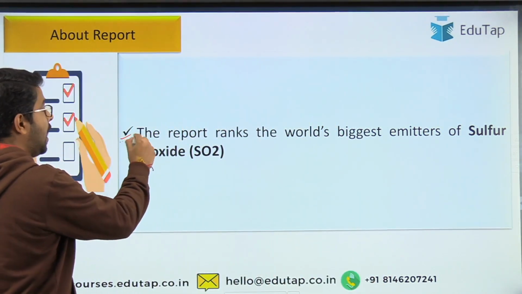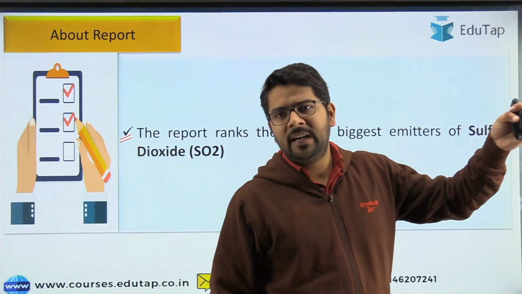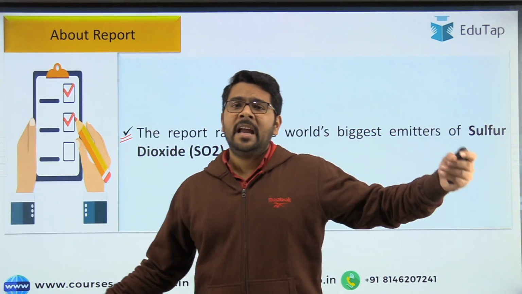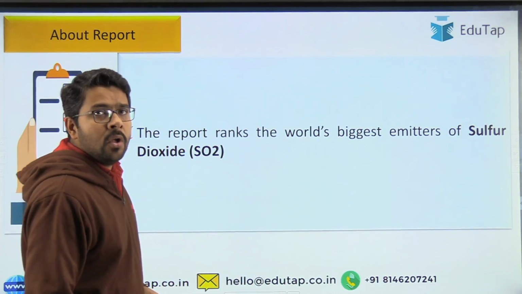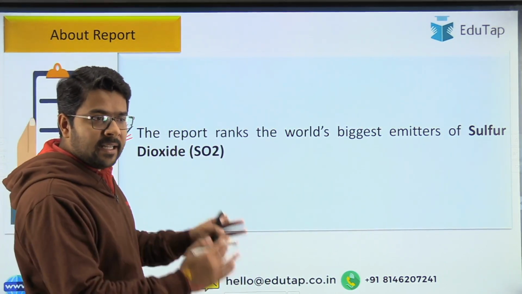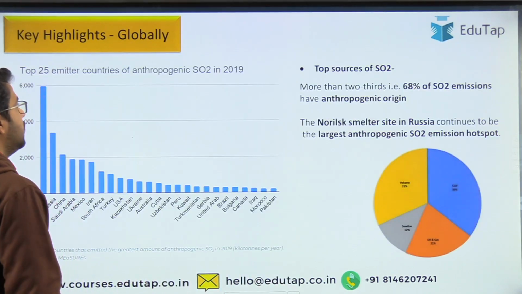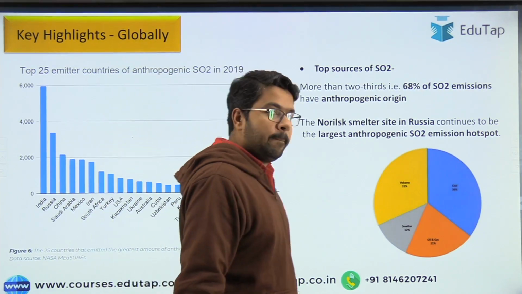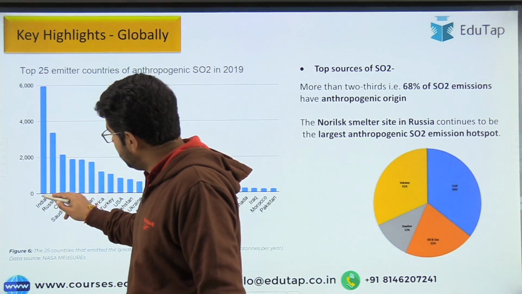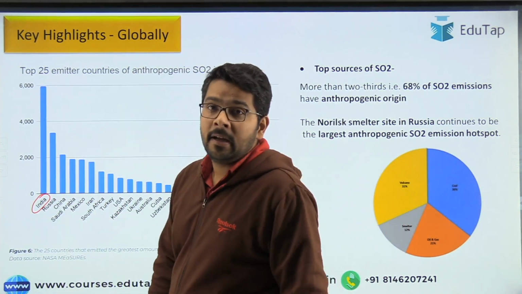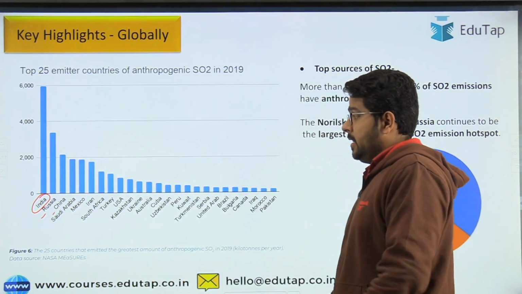How are they doing it? Those two agencies gathered the data through satellite data, and they also asked for data from NASA, and after collecting that data, they did some analysis. On that basis, they have ranked the economies across the world. So let us see the highlights of this report. Guys, if you can see this chart, the largest emitter of sulfur dioxide is India. The second highest is Russia and the third highest is China.